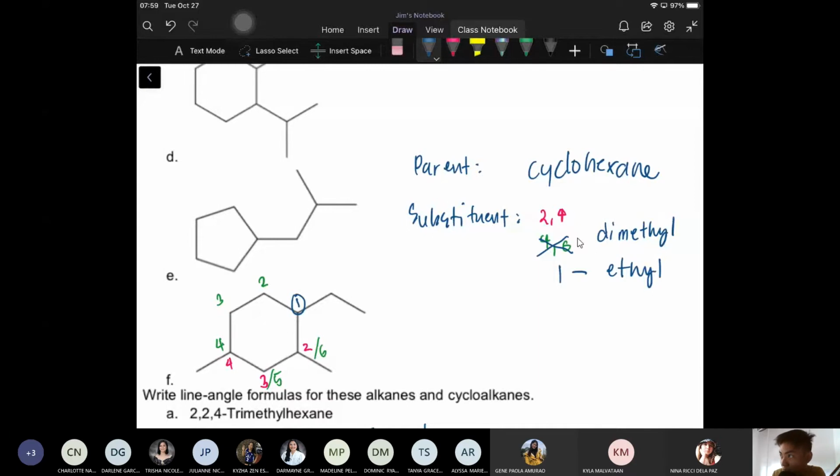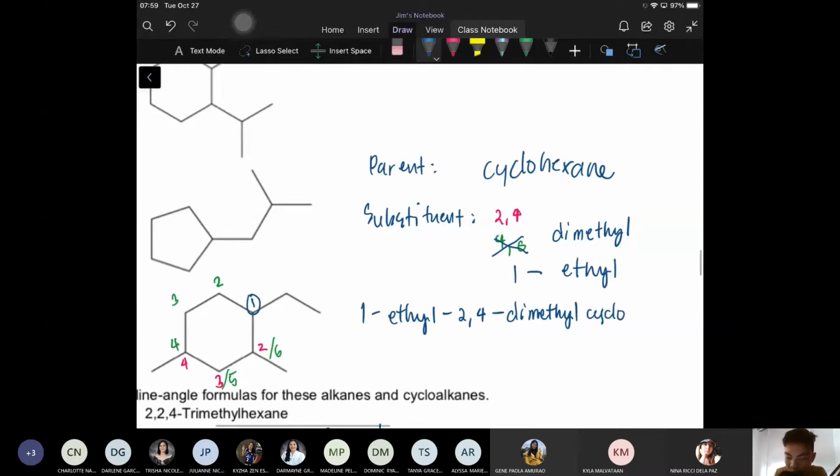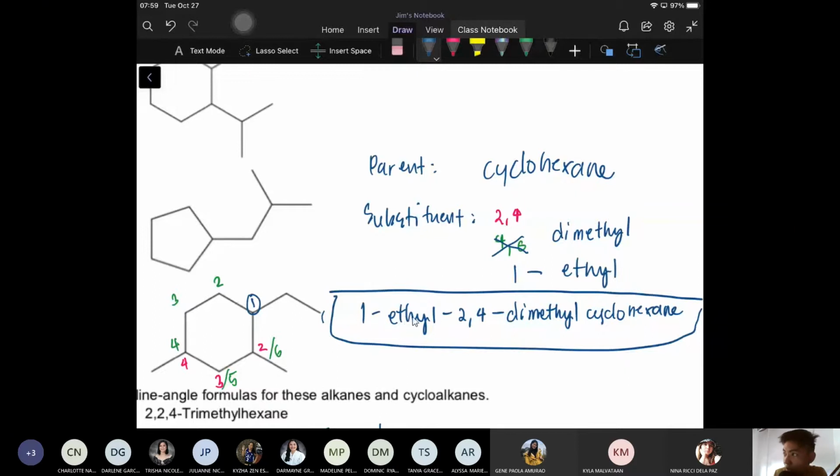So finally, let's arrange the names, no? I-arrange natin siya to have our complete name, no? So mauuna yung ethyl, no? Because alphabetical yung arrangement ng substituents. So this will be 1-ethyl-2,4-dimethylcyclohexane. So yan yung magiging name niya. 1-ethyl dash 2,4 dash dimethyl